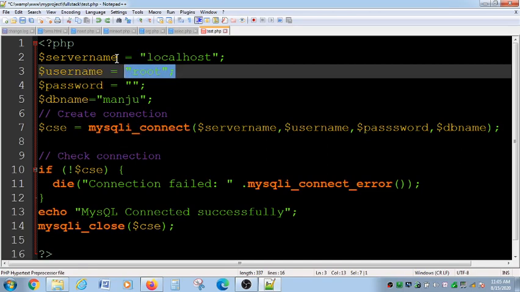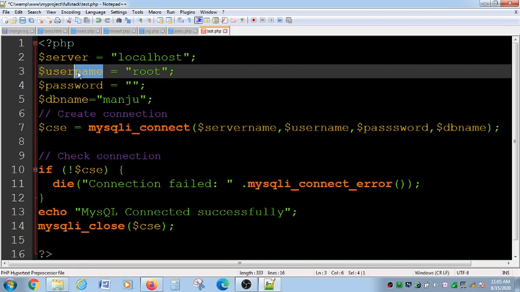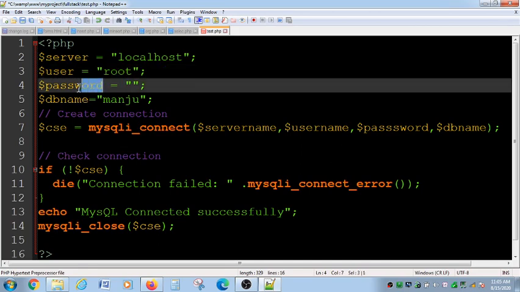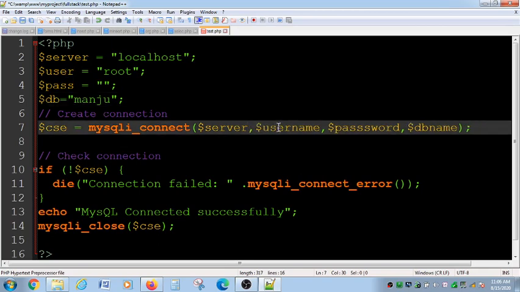And again, this is a variable, you can give whatever name you want. I will give server, user, pass, DB. So server, user, pass, DB, the same thing should be used here. So this is the concept.